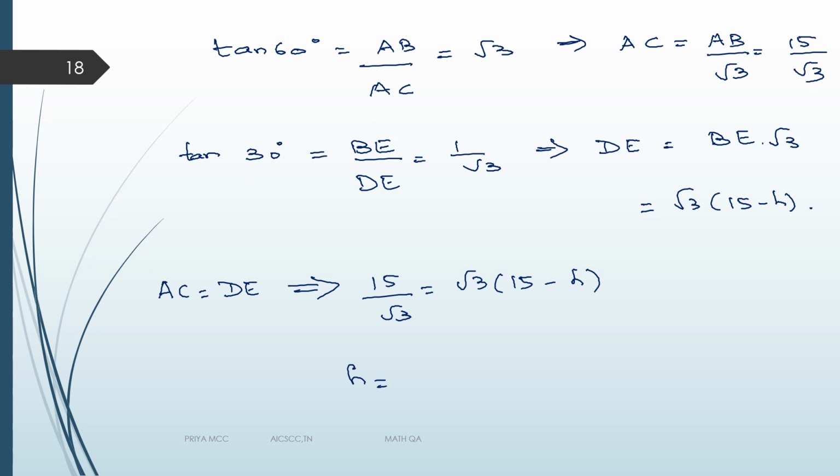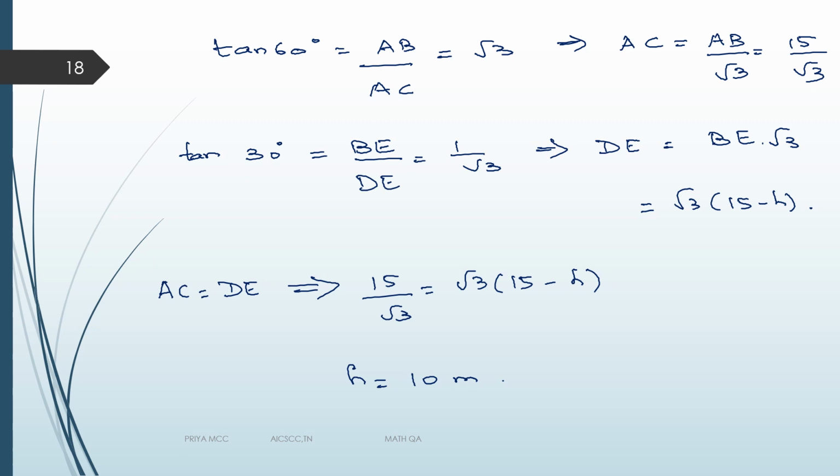H will be equal to 10 meters. Okay, so I am able to find the height of the pole. H, whether it is AE or CD, whichever side, it is the same. That is the beauty of the skeleton diagram. Once you draw the skeleton diagram, you need not worry about the context. You need not go into whether it is a tower or a pole. You are just interested in AB, BC, AC and so on. So learn to draw the skeleton diagram well. If you are thorough with that, you will be able to do such problems very easily.